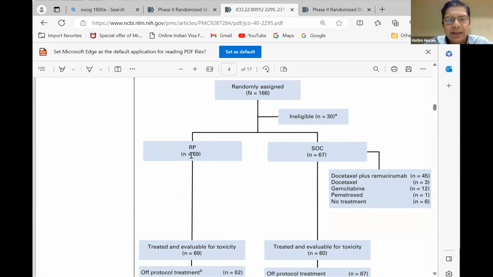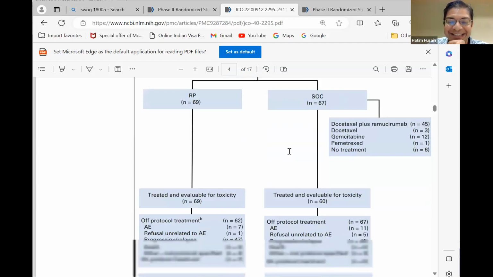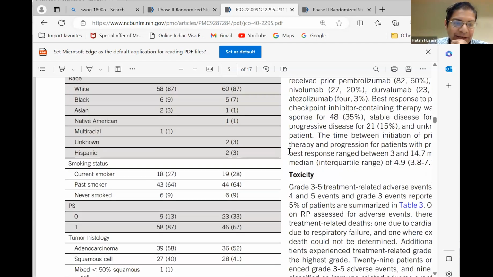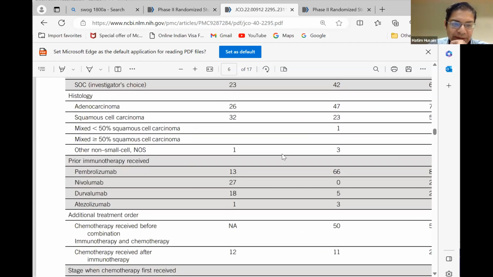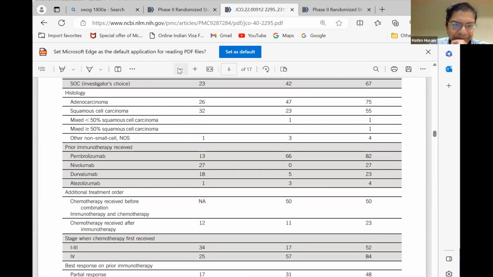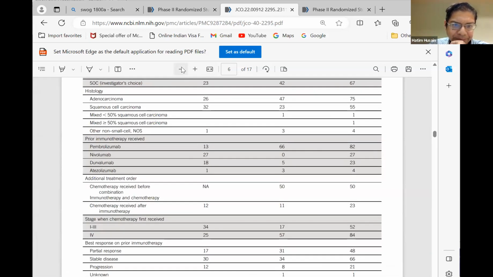And then 69 got ramucirumab plus pembro, and then the 67 got standard of care therapy. Again, this was presented with first author Karen Reckamp. So throughout this, we've had a lot of Southern California representation across each of these studies here. But just jumping to the chase here in this study,